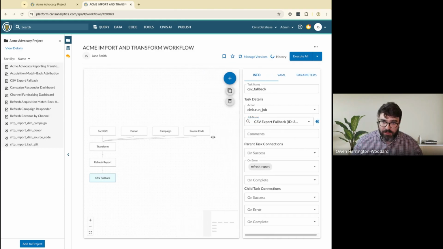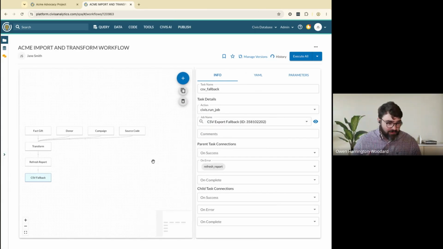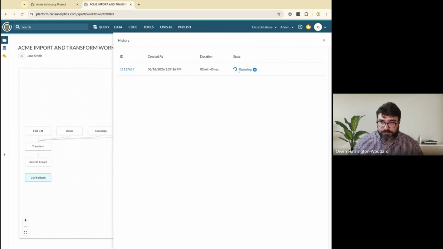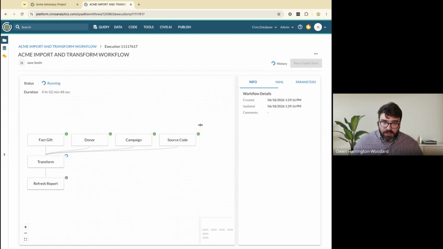And now if anything happens when this is running, where that fails, it'll send me a CSV, and that'll also be one of the ways that I know maybe that this failed. So we can take a look at this execution here. So all of these finished successfully